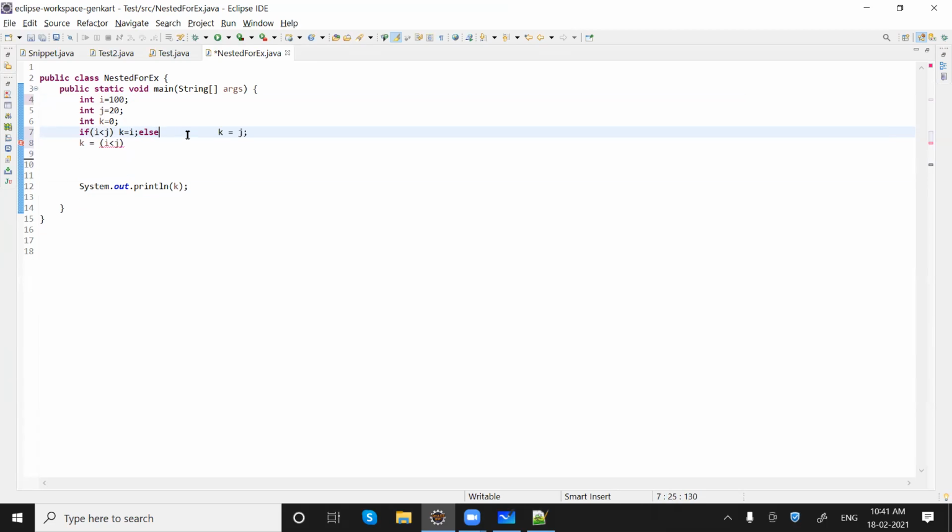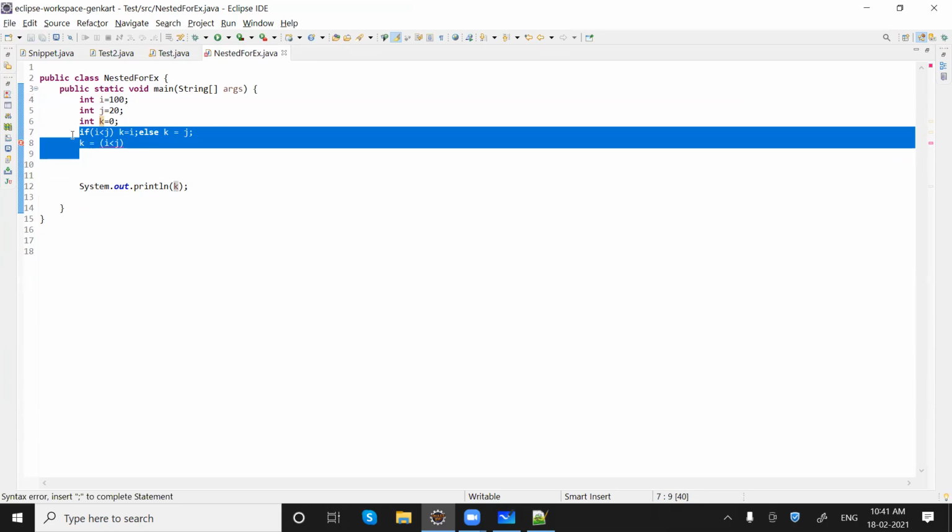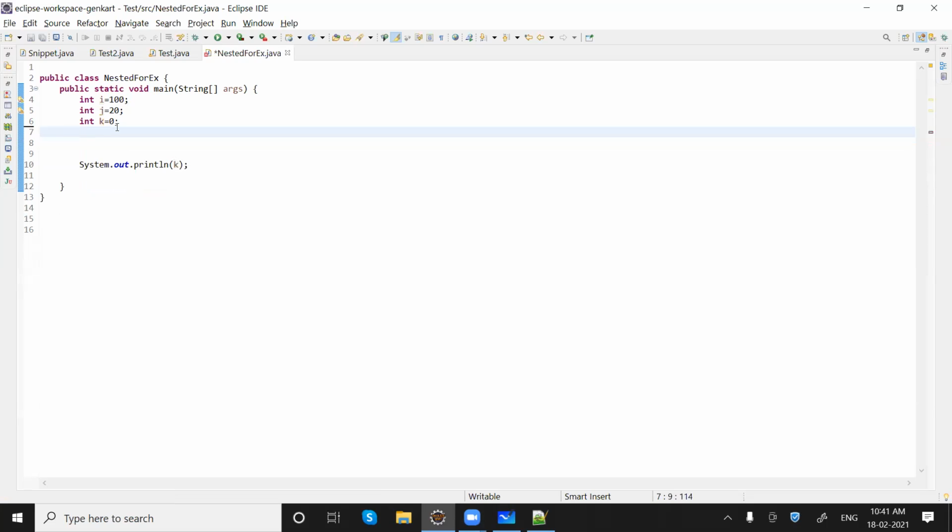You can, but this is not a good way to write code. Formatting should be there, but still this is a single line. So this is not the question I'm looking for. I'm looking for a way where you can find the greatest number between two numbers in a single statement. Using this statement you can do that.